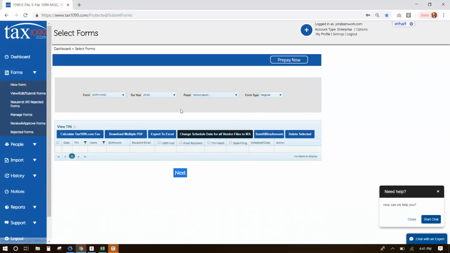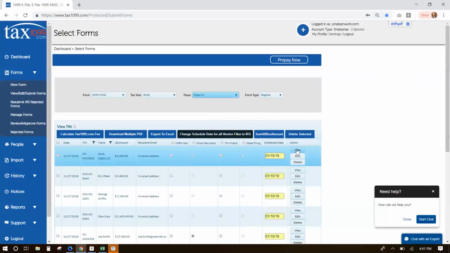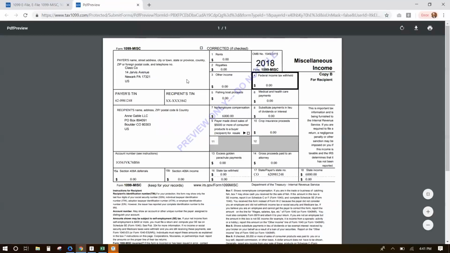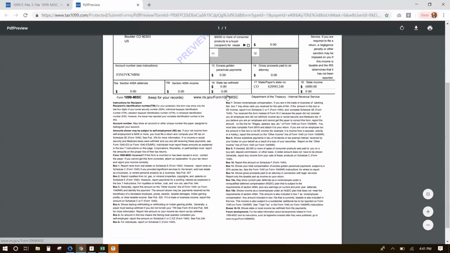If you had a client who just wanted to look at a form to review before you actually file it, it is easy to send a copy to a client to review. You could simply come here and click View, and it's going to show what this form will look like. Once you actually make payment and submit, you'll have a clean copy without this watermark, but everything else will be